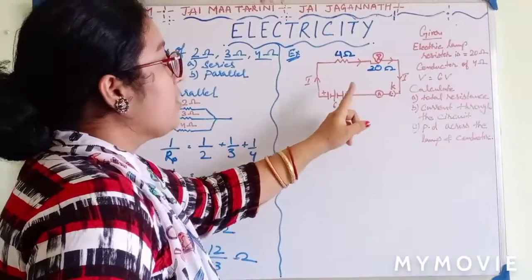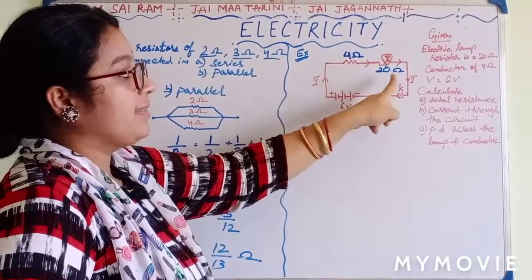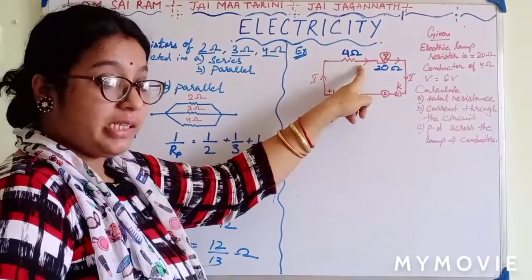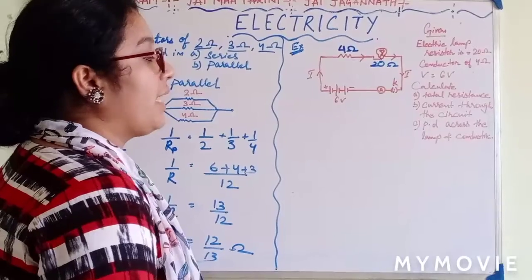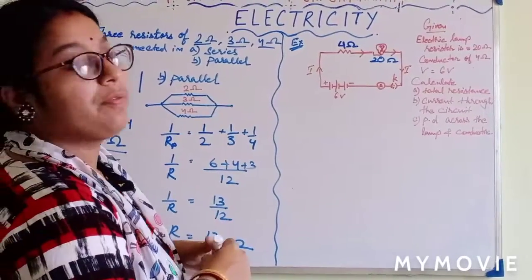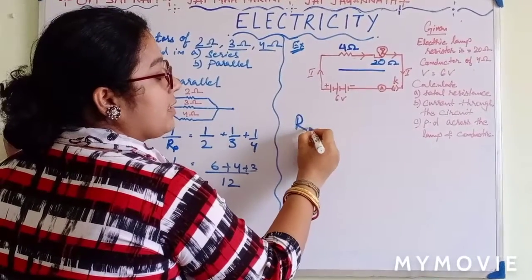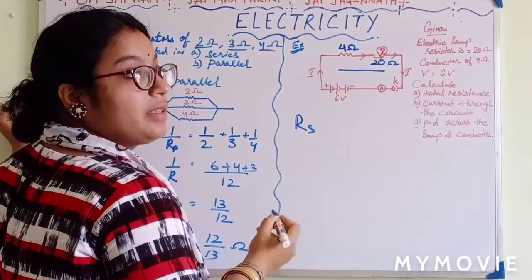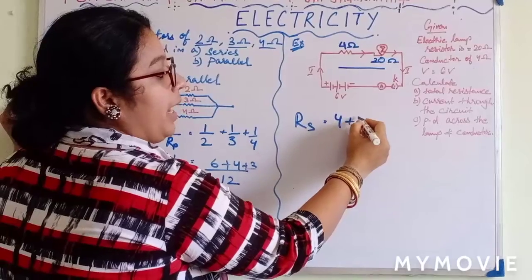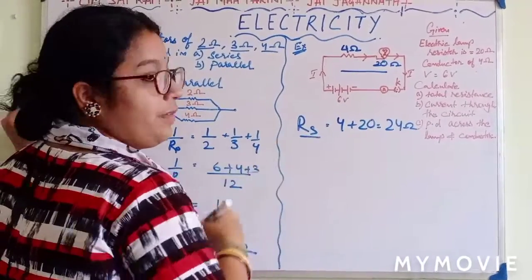Now the next question. In this question, there is a resistor of 4 ohm and a bulb of 20 ohm, which are both connected in a series kind of combination, and it is connected to a battery of 6 volt. The first thing we have to do is find the effective resistance of both. Since this is a series combination, the formula for series is the algebraic sum, that is R1 plus R2. R1 is 4 and R2 is 20. Thus that is equal to 24 ohm. Now we got the effective resistance.